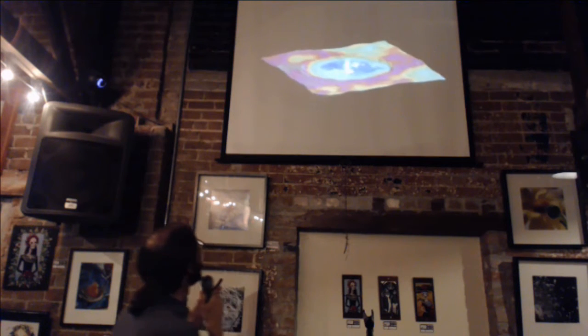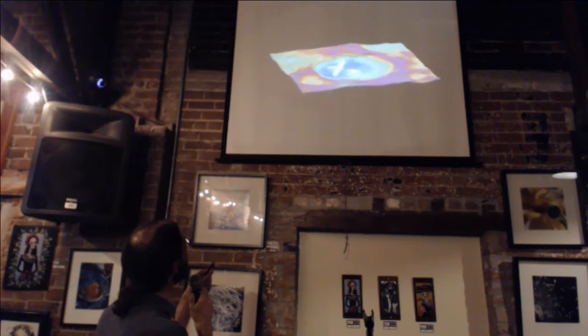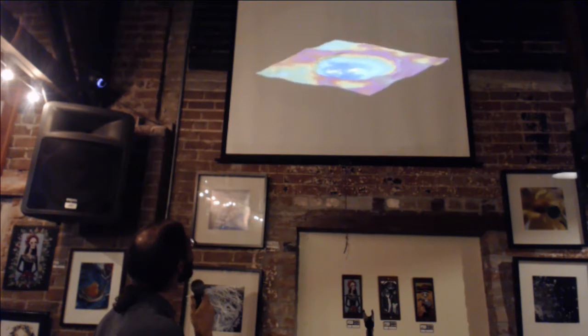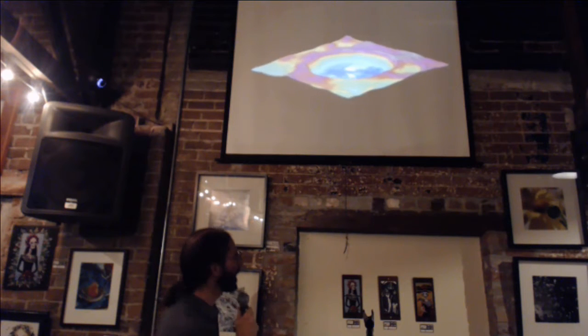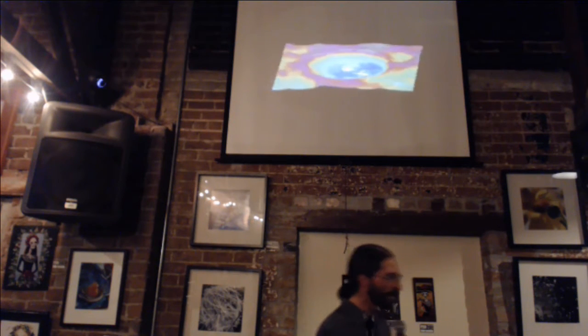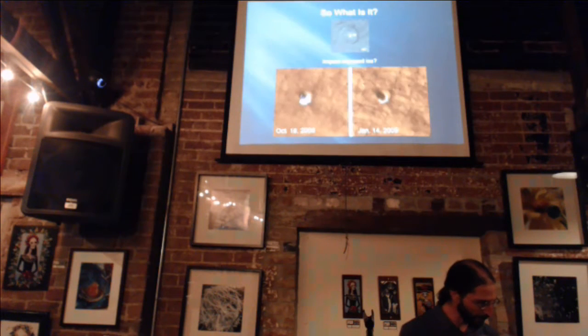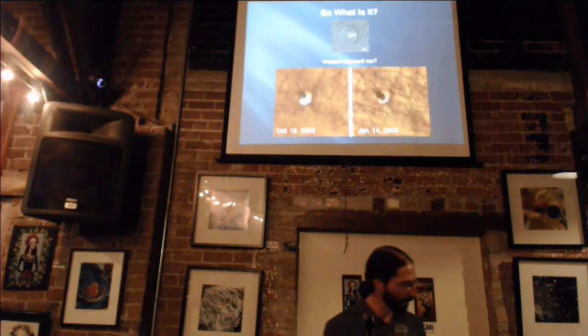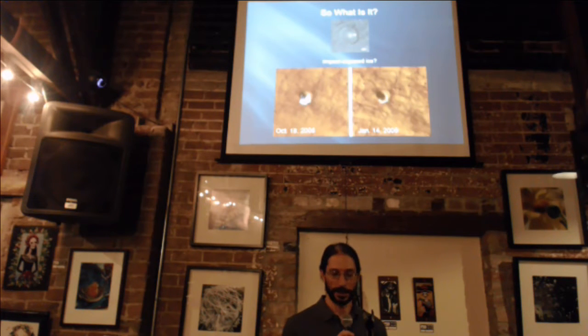So you can see that the white spots generally occur in the lowest points within the crater. The dark blue is the lowest area. So there's a lot of speculation as to what these could be. A lot of possible analogs that people are looking at. So a few of them, and this one's kind of interesting because the Mars